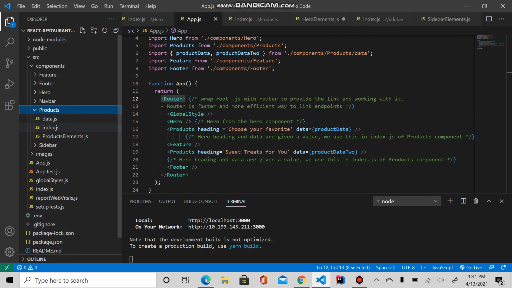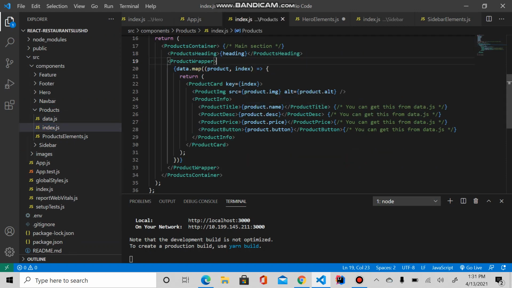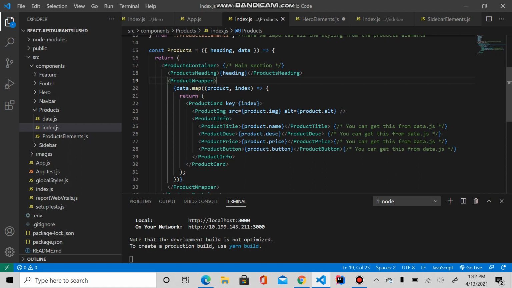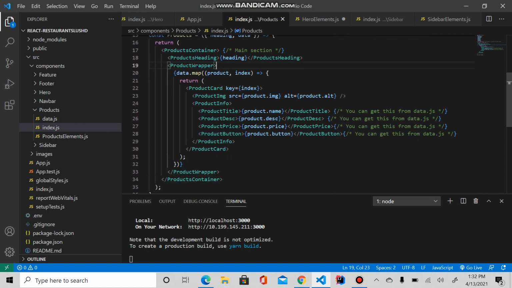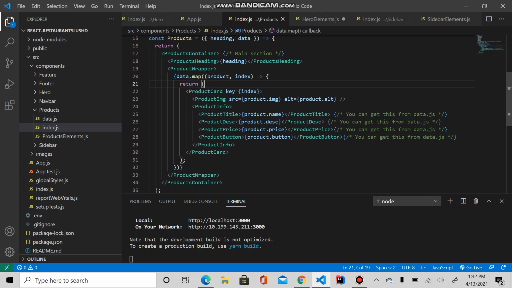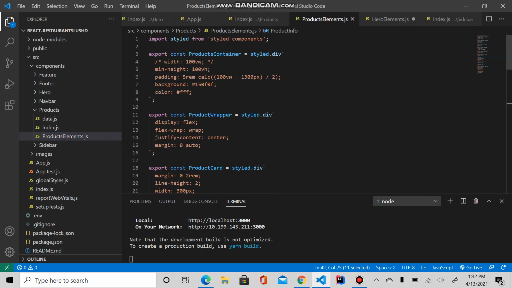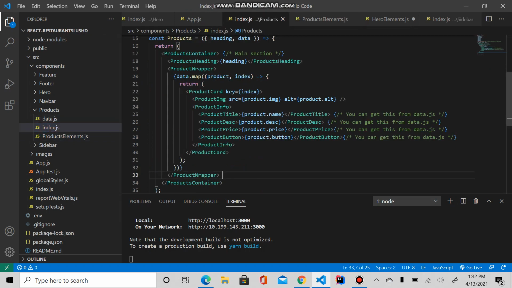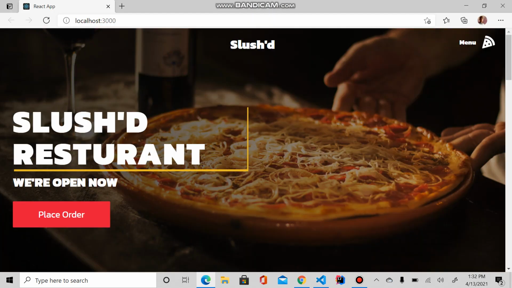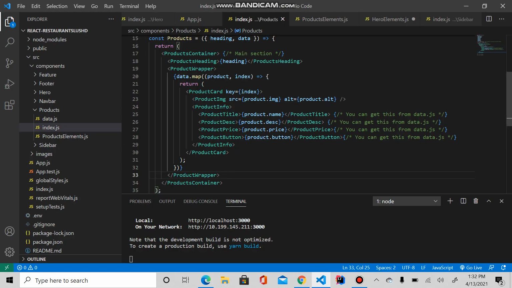Product, what do you have here? We have the same architecture, right? We have product container, you see product container, and then product wrapper. Before product wrapper we have product heading, and we have used a map to go through all the products, right? And this all can be found here. Its CSS can be found here, but since these products are these, right, this is the first product. So what I mean by first product, look,